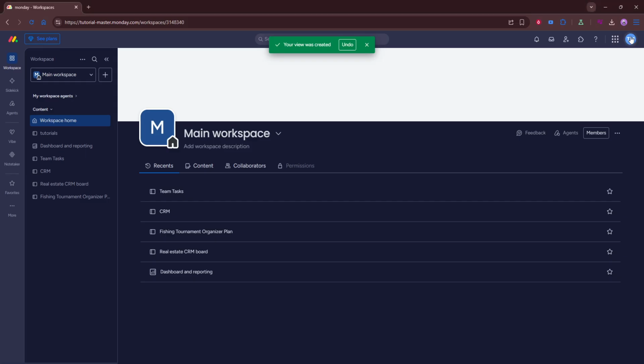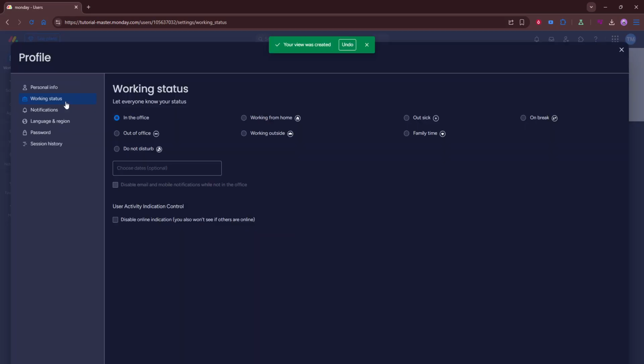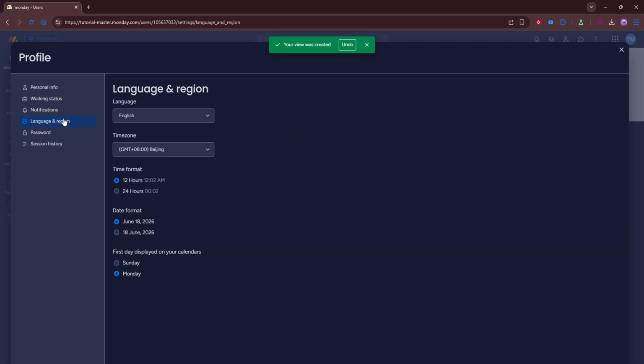Once you're logged in, look toward the top area of the screen and click your profile picture. This is where Monday.com usually keeps personal settings, account preferences, and other customization options related to how the platform appears for you. After opening that menu, go to My Profile or Account Settings, depending on which option appears in your